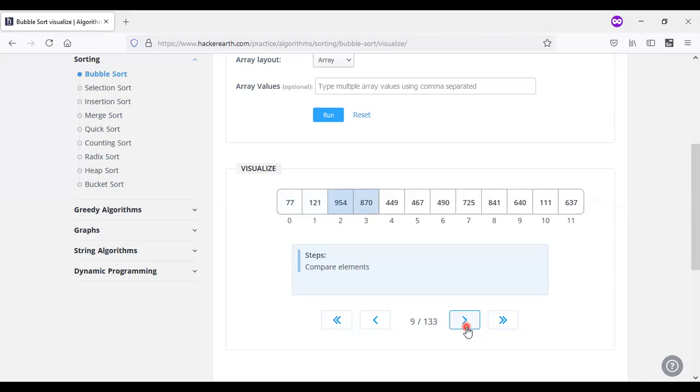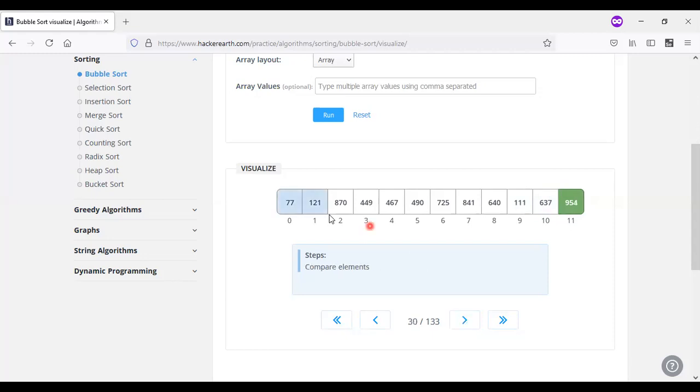Compare the elements 954 and 870. If you see, until it reaches the last value, it will be swapped in such a way. And we need to fix that it has reached the bound, meaning the value is placed at the last position. It specifies whether it is placed in the correct place or not. The first element has been placed, so we go for the second, starting pass 1.